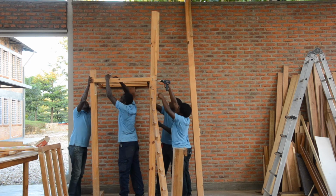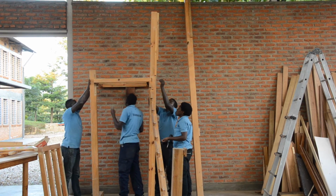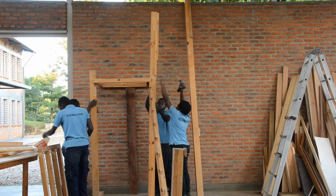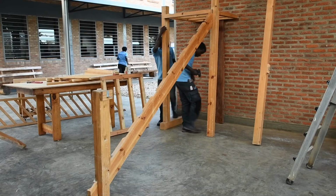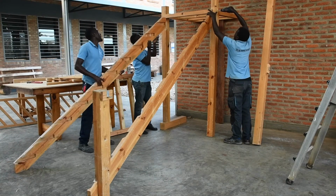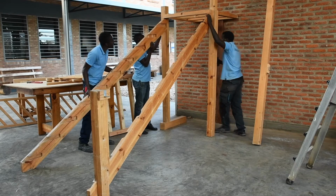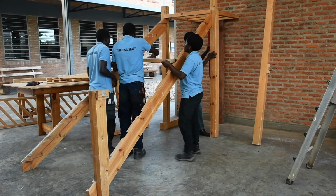But in case we have the wall stringer, this is the one to fix first because it is fixed on the wall. The following step is to fix the crossed stringer. If the crossed stringer is fixed, next is to adjust at least one thread, mainly in the middle, so as